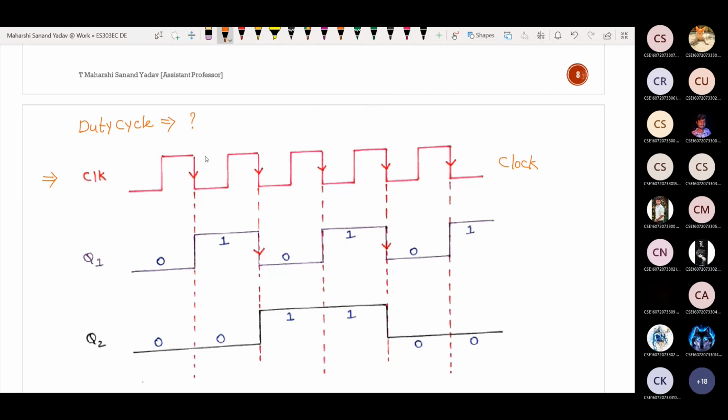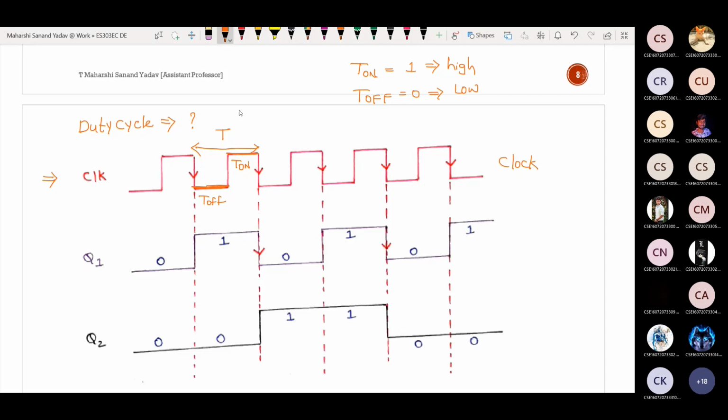Taking one cycle. For one complete cycle, it is called as time period. So I'll take from here to here, and here, what is this? This is low or 0, or else you can call this one as T off. Whereas you can call this one as T on, or else high, or else logic 1. All names are same. T on or else logic 1, both are same. T off or else 0, both are same. Or else 1 can also be called as logic high, 0 is called as logic low.